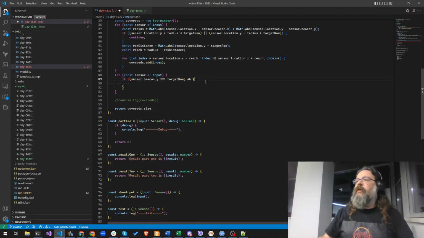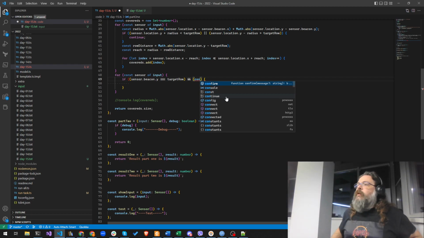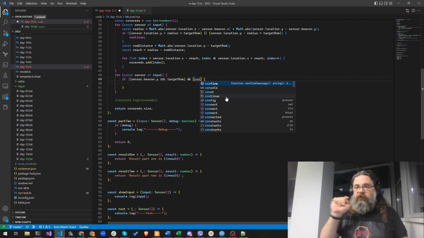So this might be a bit of idle work, but we have very few sensors, so who cares? This will actually work fast. And if the Y is the target row, or the beacon's Y is the target row, and that value is somewhere covered,